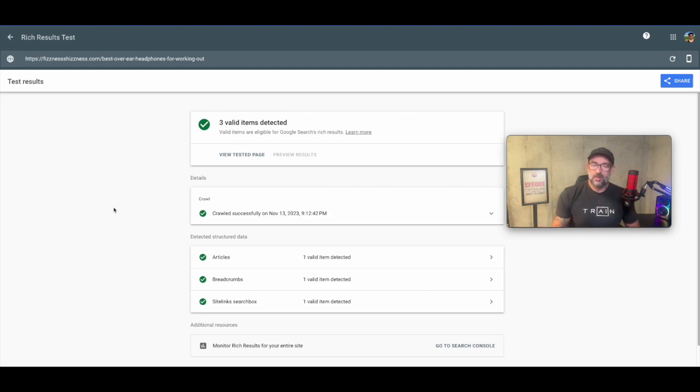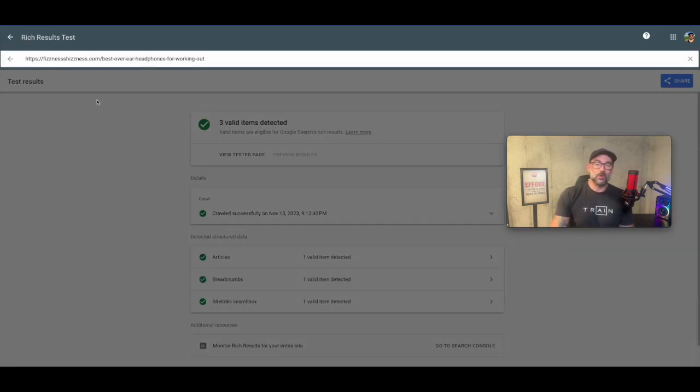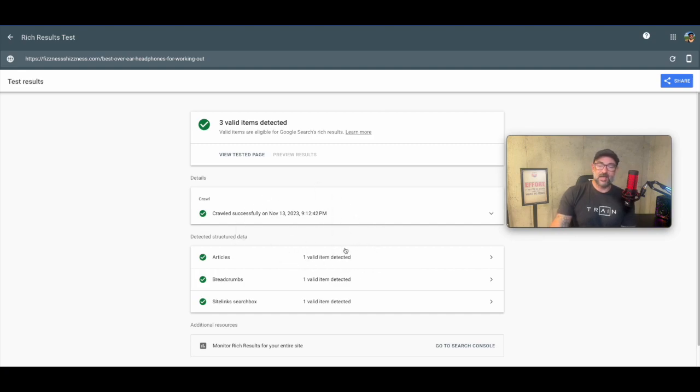So I asked Chat, how do I determine how I am being seen in the eyes of Google in regards to schema? And it said, go to the rich results test, which I had never heard of. It turns out it's totally awesome. All you've got to do is put a URL here, and then it'll do a scan. It looks a lot like the GSC return. But here's what I want to show you.